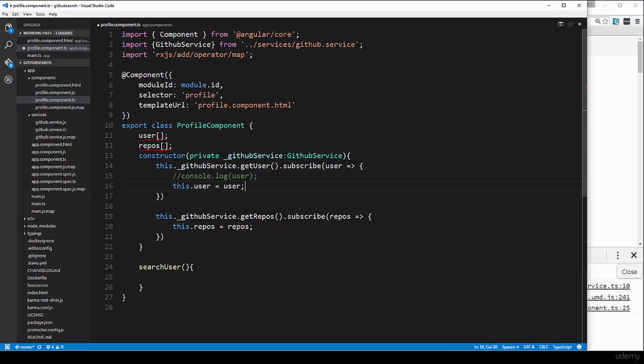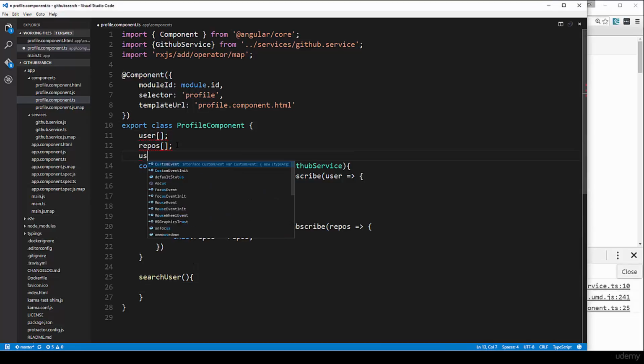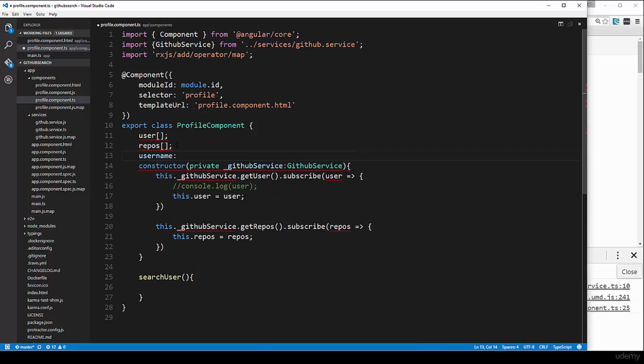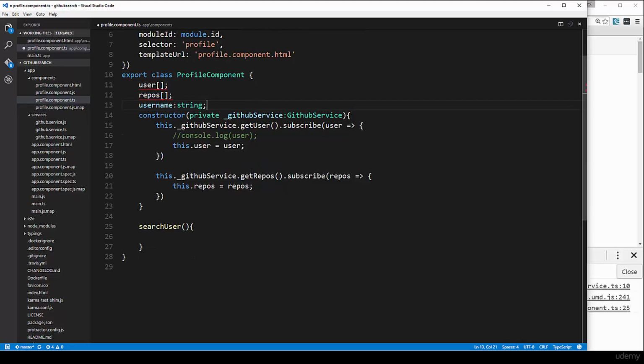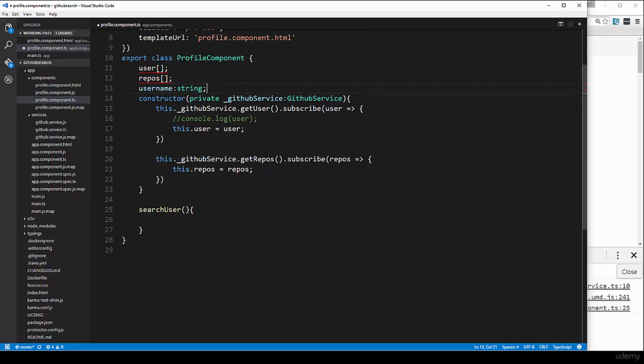And what we want to do is add a username property here as well. So we're going to say username string, and then we're going to have to call another service function that we'll call updateUser, because we need to update that username that we have, which is just hard coded right now. So let's go down here and say this._githubService.updateUser, and in here we're going to pass in this.username,